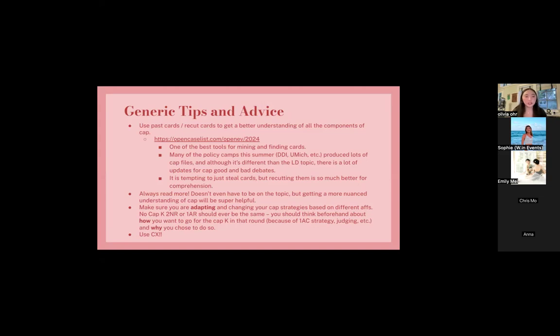Identifying the weakest part of the K is helpful because negs want to talk all about their link arguments and all about the impact and sustainability debate. But if you're forcing them to answer specific questions on their weakest part, then that gives a judge a better sense of what your strategy is going to be. And you can use cross-X as a speech to explain the arguments or preemptively set up the arguments that you want to make in later rebuttal speeches.